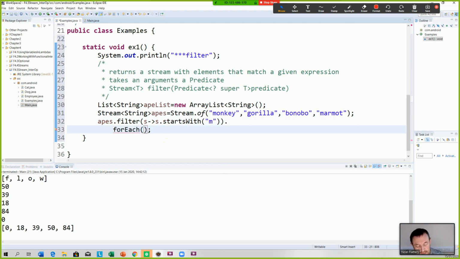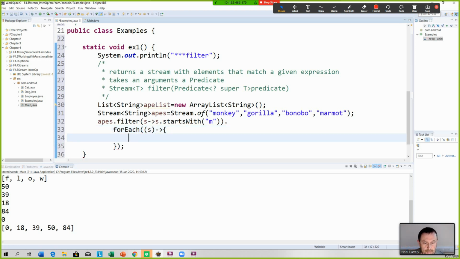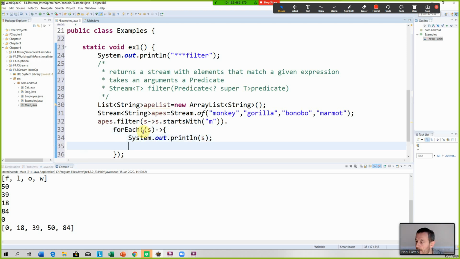So it takes a consumer object, it takes a string, and we're going to have two lines of code. So it's going to print off whatever the string is, and then it's going to add